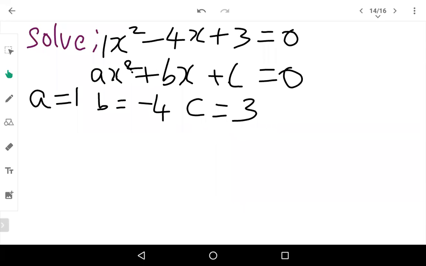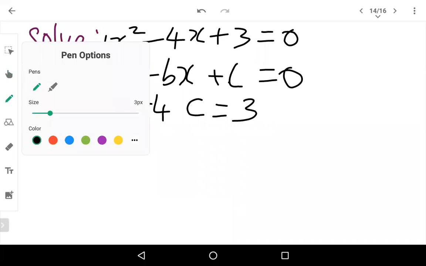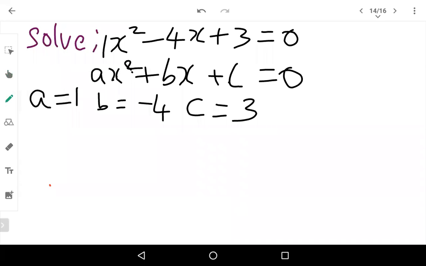Now next step, what you're supposed to do is you have to multiply a into c. What is a into c? 1 into 3, which is nothing but 3. First, recognize a, b, c, multiply a into c, that is 3 here. Now find,